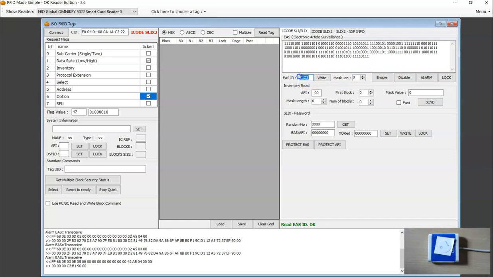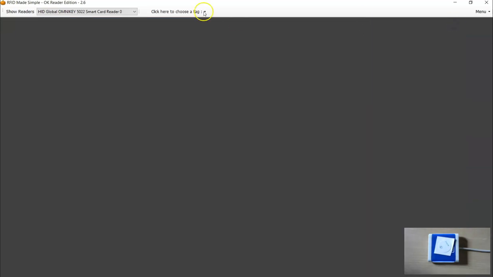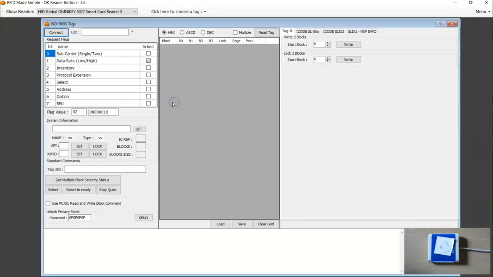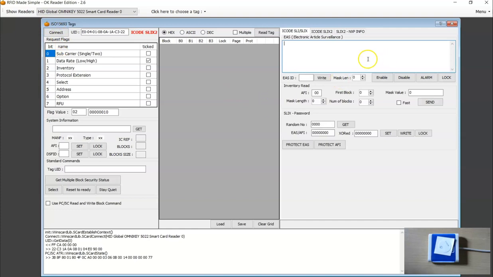Okay, I'm going to make a copy of this number. Now I'll go back to this. I'm going to connect. And I'm going to send the alarm command with the EAS ID. I'm going to use all the 16 bits of the EAS ID, so I'm going to set the mask length as 16. If you hit alarm now,